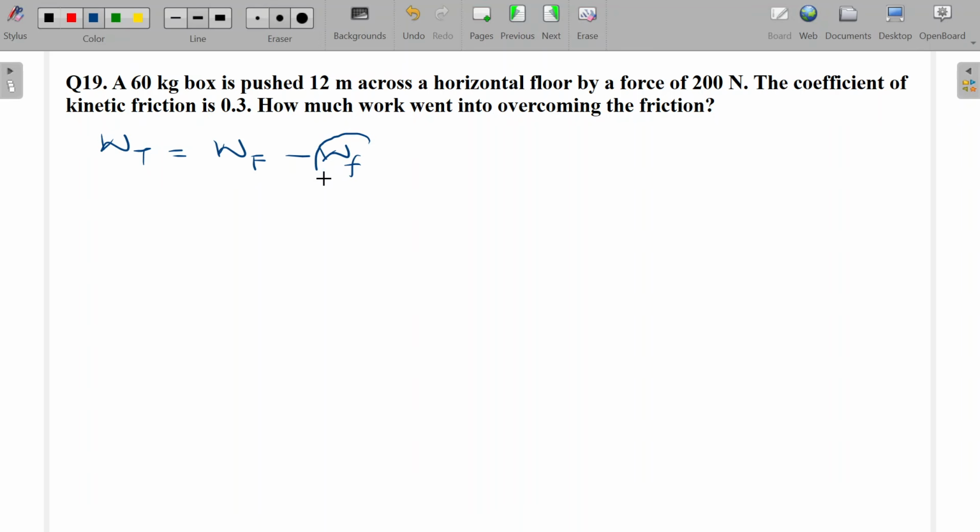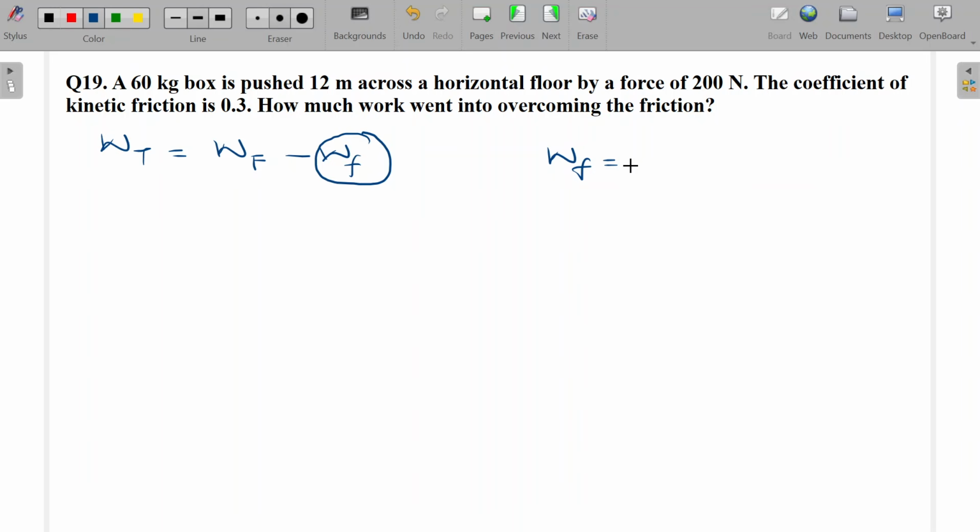Now what they want is to find the friction force. The work that has been applied against the friction force, that is what they want us to find. So therefore we are going to say that work done by friction